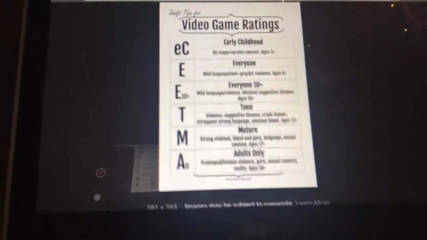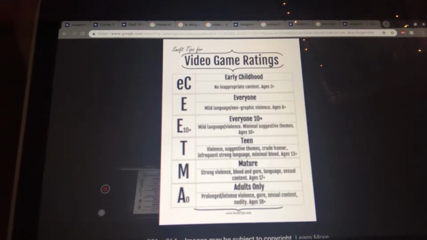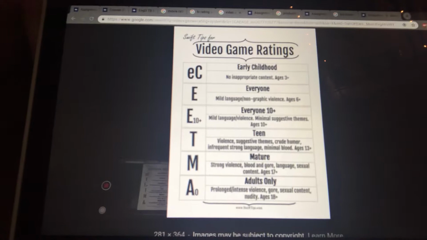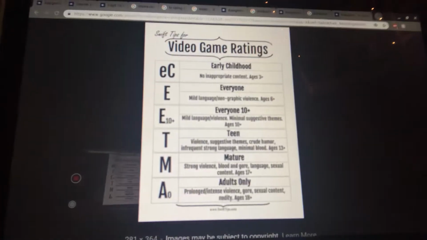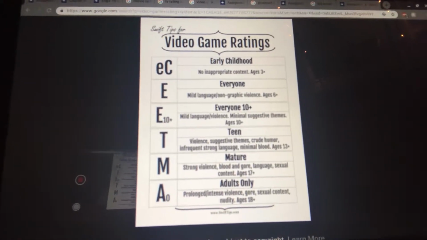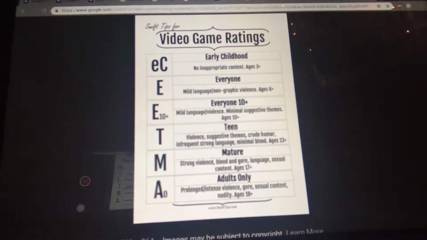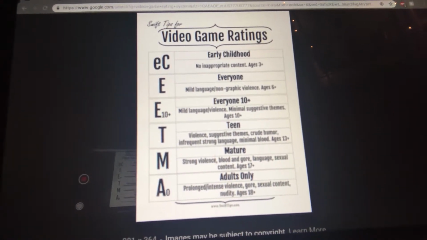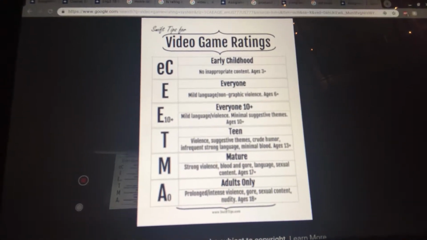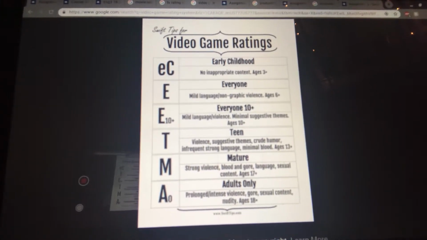Next, we're going to talk about video game ratings. So for video game ratings, the first rating there is early childhood. So that'd be EC. I can pull it up. So these are generally on the box. Normally, if you started playing a video game, it wouldn't say on the screen. This is on the box of the video game you would buy. So it starts with EC, which is early childhood, and it goes all the way down to adults only. So it's everyone 10 plus, teen, mature, and adults only.